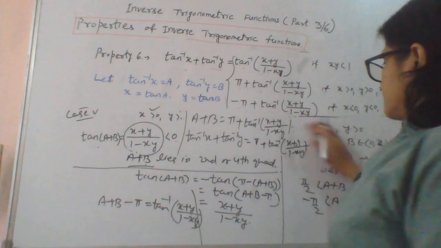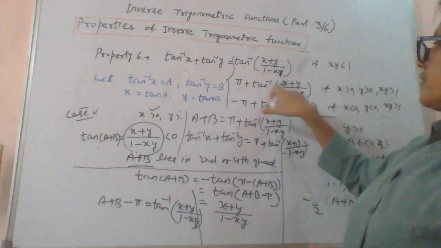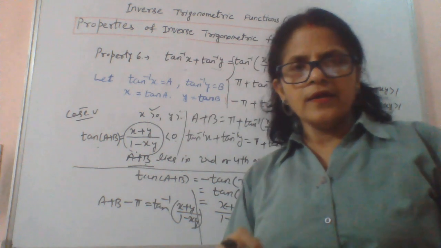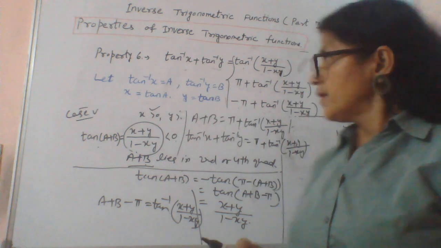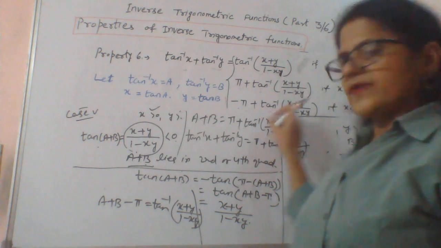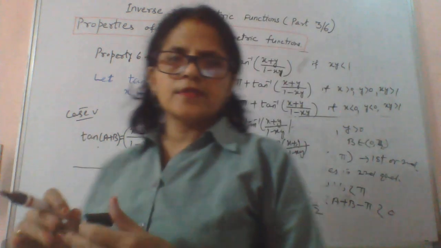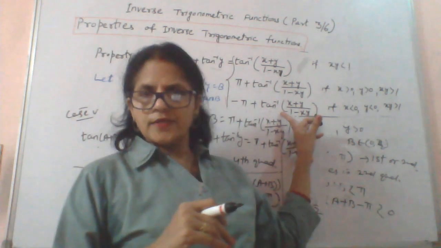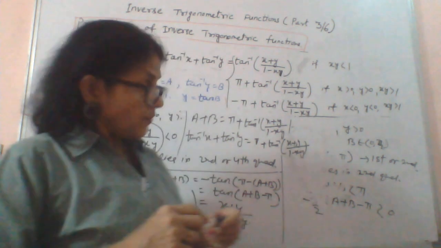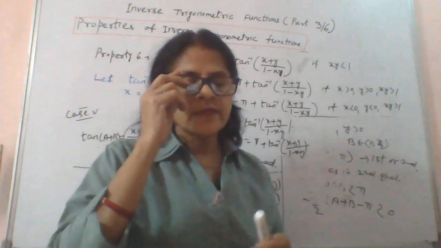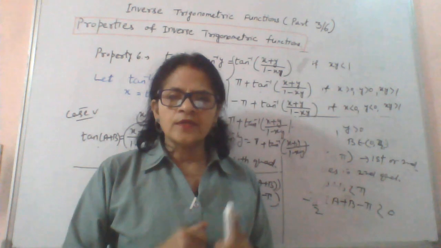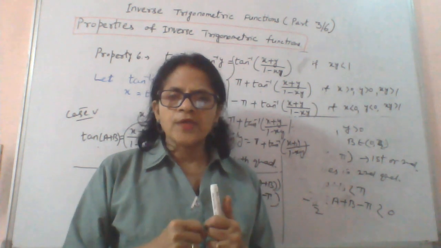Okay, so I hope it is clear, because here you see pi plus this. This is valid when x and y are both positive and xy is greater than 1. The previous case is xy less than 1. The third case you can do after doing these 5 cases. So this one maybe will be your 6th case, and I hope you are now confident to derive this one. As I said, this is one of the most favorite formulas for students. Very easy to apply, not much calculation also.